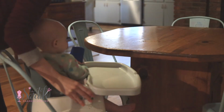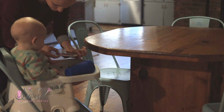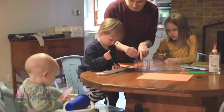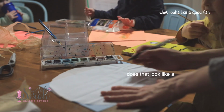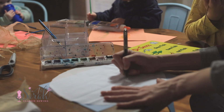So I give the baby a peace offering, food, and I give the toddler her own paint. And then I give the kindergartner the Dr. Seuss goods. That looks like a good fish. That looks like a good fish? Yeah. My mother's not the best artist, but...